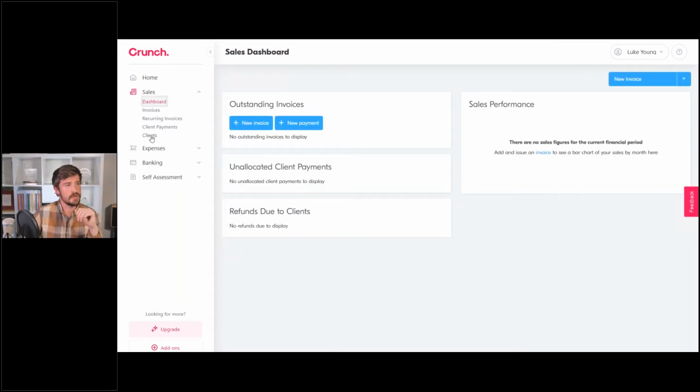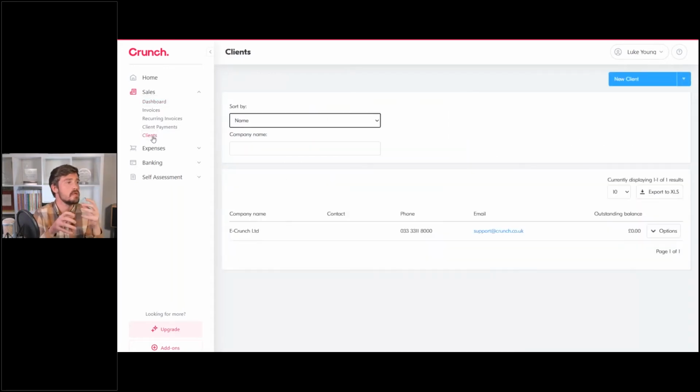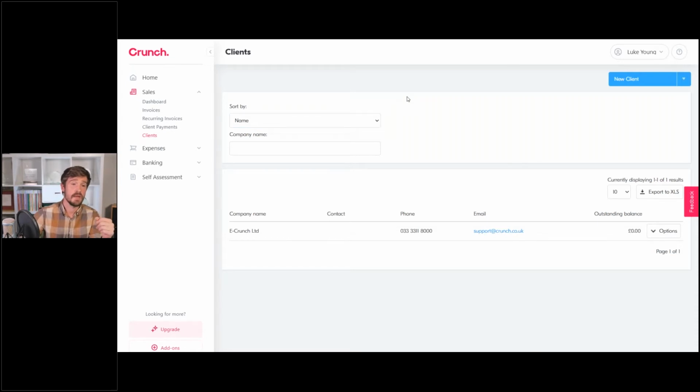You see this field down here, your clients. Now these are all of the people that you're going to be working with or potentially working with as well. And these are the people that you're going to be charging for your services. It's probably easier to think about all of the clients that you've got currently and then put all of those in here first. And of course, as you start to build your client base, you can just add new clients as you go through. So if I go ahead now and just press new client here, so top right corner, this little blue box,